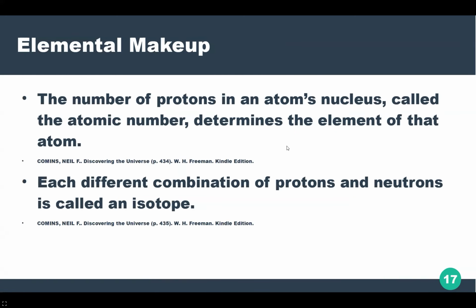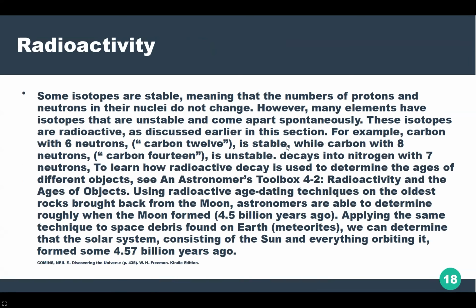The number of protons in an atom's nucleus, called the atomic number, determines the element of that atom. Each different combination of protons and neutrons is called an isotope. Some isotopes are stable, meaning that the number of protons and neutrons in their nuclei do not change. However, many elements have isotopes that are unstable and come apart spontaneously. These isotopes are radioactive, as discussed earlier in the section. For example, carbon with 6 neutrons, carbon-12, is stable, while carbon with 8 neutrons, carbon-14, is unstable and decays into nitrogen